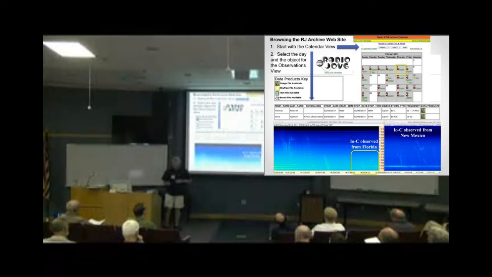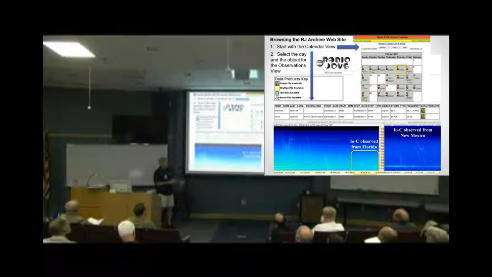And if you click on one of the icons here, what comes up is a list of the data files, the data records that are in the archive, who submitted them, what kind of target it is, what feature, if somebody's gone to the trouble of inputting that information, and then what data products. So are they images? Are they WAV files? That tells you over here what's there.